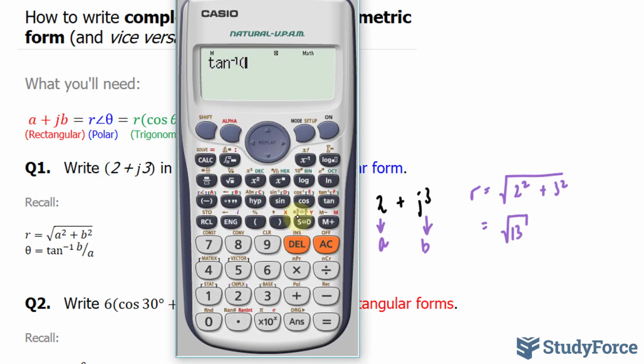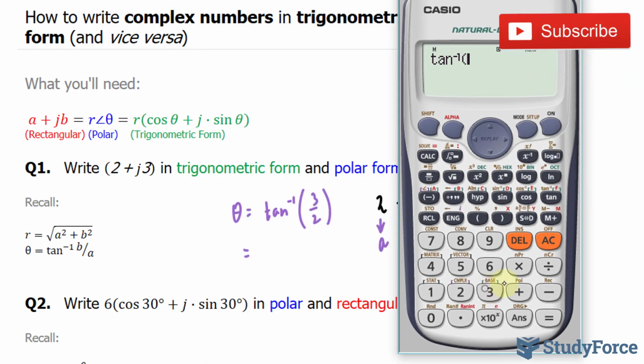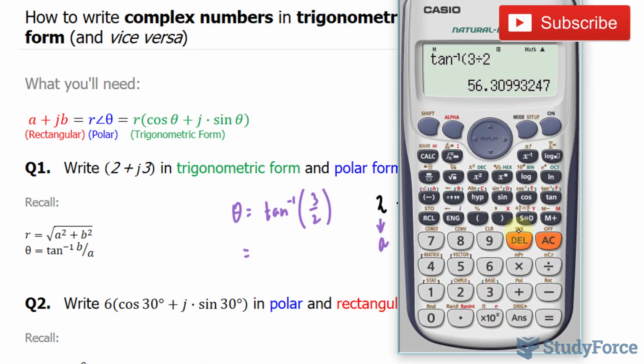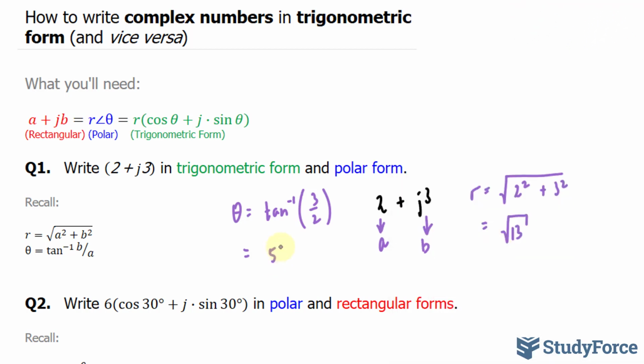Tangent inverse of 3 over 2 gives me 56.3 degrees. Combining this number and this number, we end up with our radius of square root of 13, and that represents the angle of 56.3 degrees. Now that I've found it in polar form, I can use this r and this theta